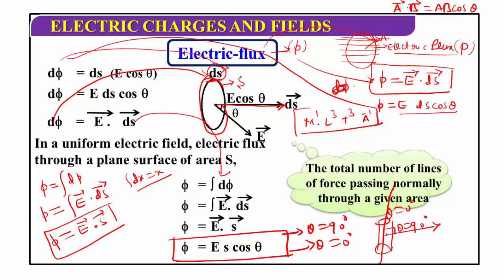The outward flux is always positive and inward flux is always negative. Like electric field lines due to a positive charge are always radially outwards, and electric field lines due to a negative charge are always radially inwards. Electric flux means the total number of lines of force passing normally through a given area, or it is the product of the component of electric field along the normal of the surface and area element. This is about electric flux and properties of electric field lines.